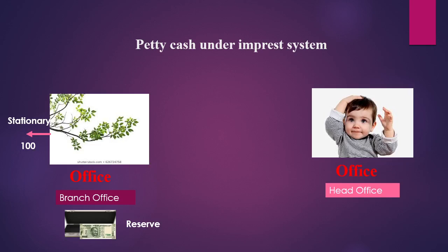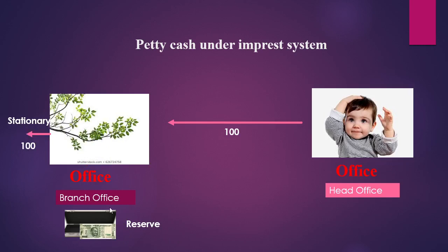So in that situation, can this branch make a 100 rupees payment out of this 500? Definitely no. It cannot make the payment of 100 rupees out of this 500 rupees with the branch. For this 100 rupees, it should be paid by the head office only. So the head office will make this 100 rupees payment to the branch office treasurer, that is the first thing, and the second task, this branch office will make the payment of stationery 100 rupees.